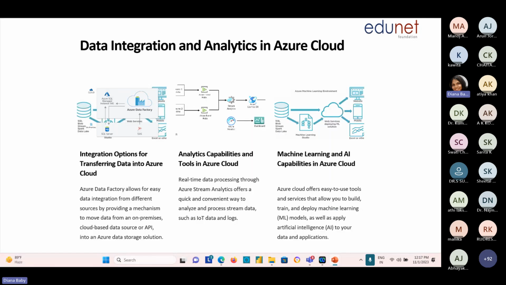Okay, so for data integration and analytics in Azure cloud, we are going to deal with Data Factory. After this session, we are going to deal with the service called Azure Data Factory. We know that if you want to do analytics on a particular topic, for example on how climatic conditions are changing,